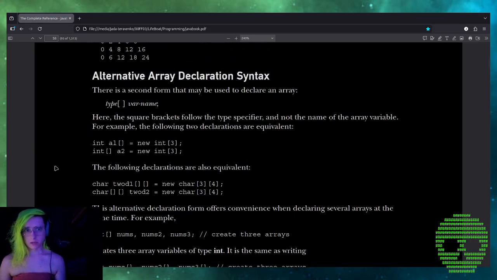Alternative array declaration syntax. There is a second form that may be used to declare an array: type[] var-name. Here, the square brackets follow the type specifier, and not the name of the array variable. For example, the following two declarations are equivalent: int al[] = new int[3]; int[] a2 = new int[3];